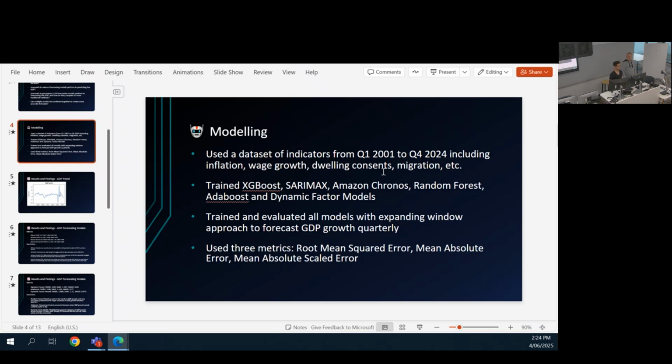We also engineered a feature which was called the spike indicator. So we basically just looked back at the GDP growth in the past 2 quarters. And if we saw that the change in growth was quite a lot, that would indicate a spike was going to happen in the next quarter. And that also boosted the accuracy of our models. And also I can add that for adaptive boosting, migration data was also one of the features that were very important to improve the performance of the model. Yeah. Okay, thanks.